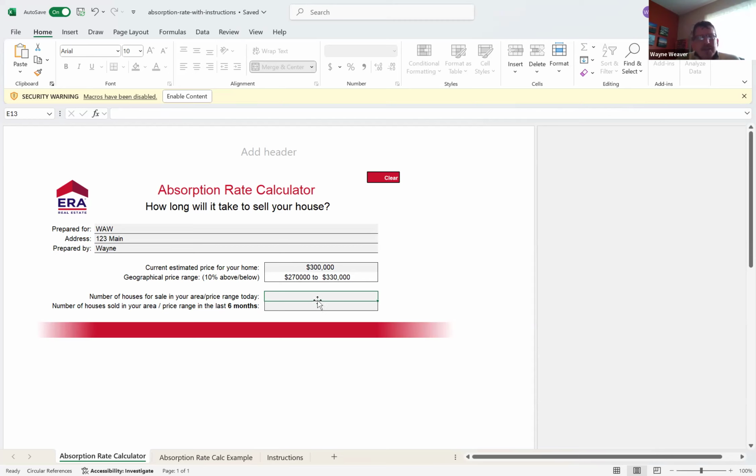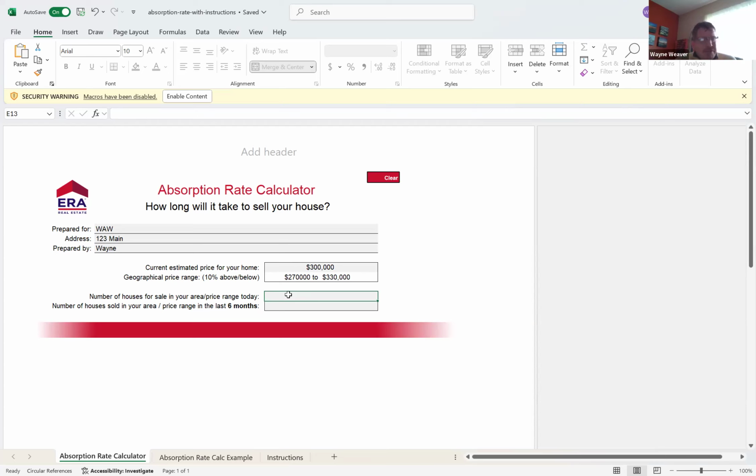So now what I'm going to do is go to the MLS and do a little homework. It's asking you for the data, so we don't have to guess. We're going to go to the number of houses for sale in your area price range today. So if this is in Anderson Township in Cincinnati, I'm going to go to the MLS and do